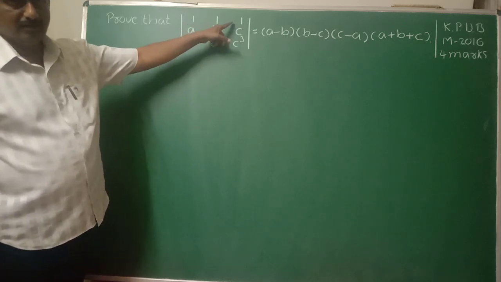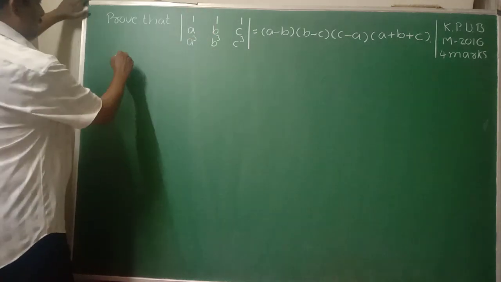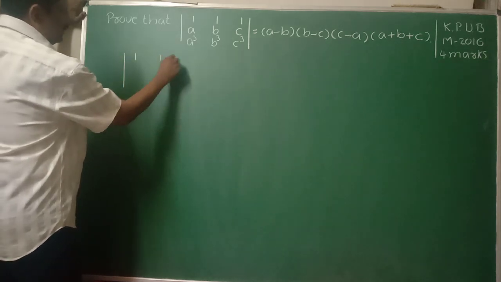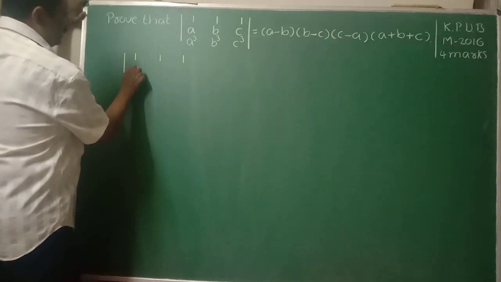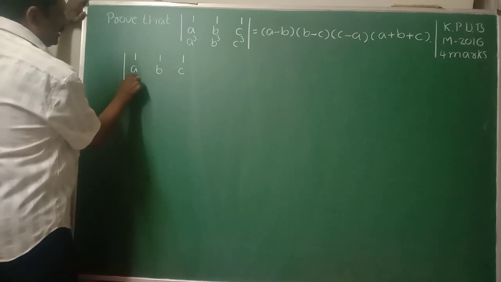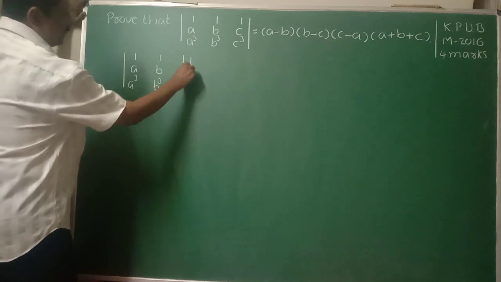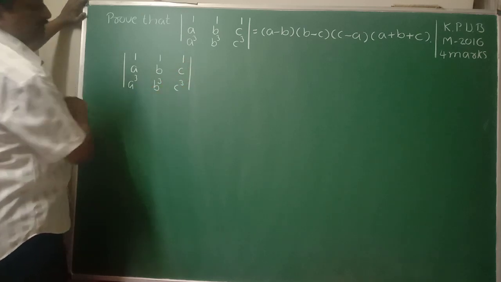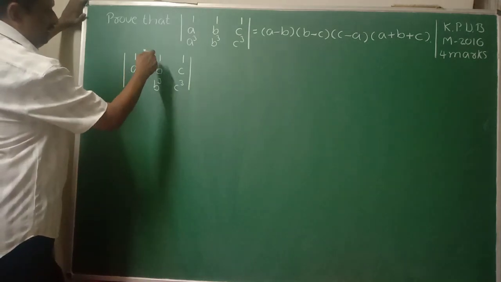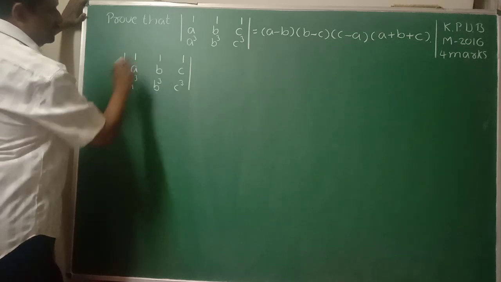1 like this here, then make 2 terms zeros by subtracting. Therefore, here first row elements are 1, 1 and 1, second row elements a, b, c, third row elements a cube, b cube and c cube. These are the elements in the columns, means 1, 1 and 1, in the first, second and third column.